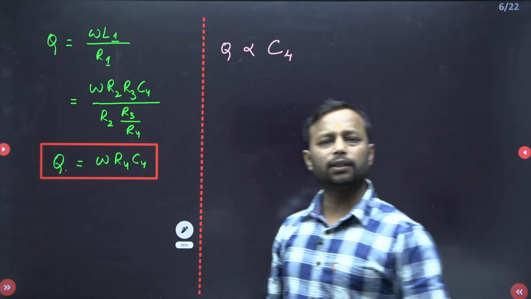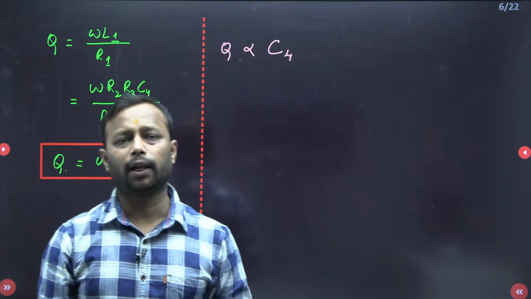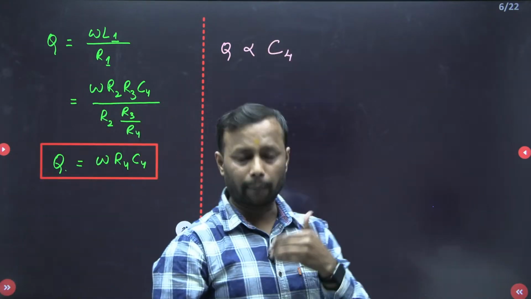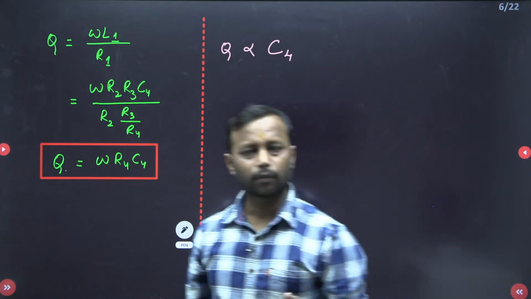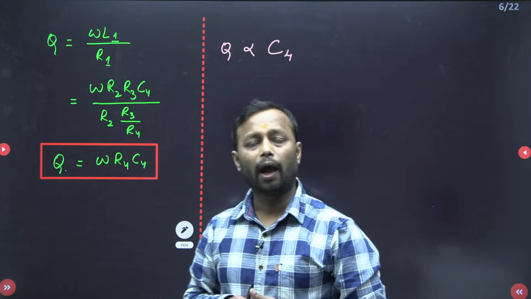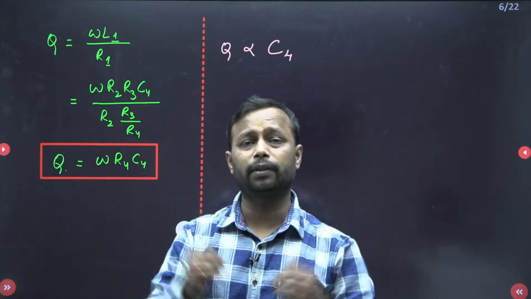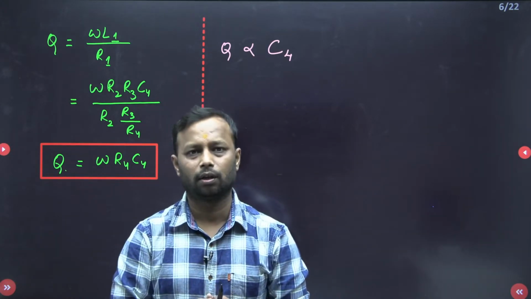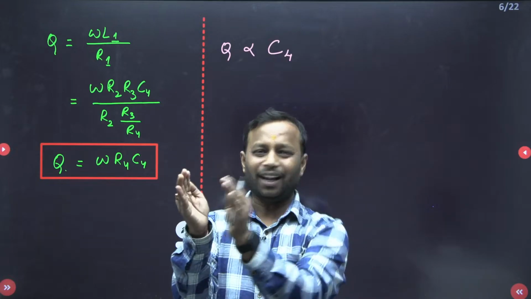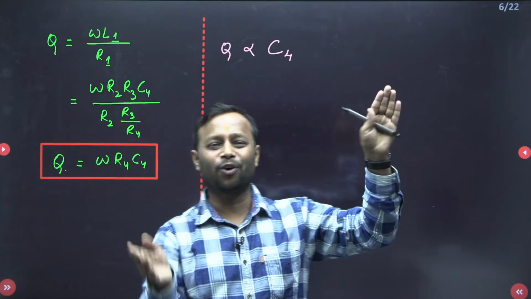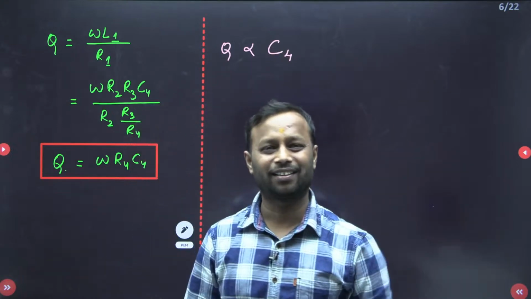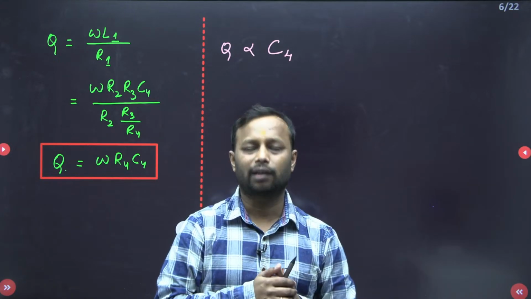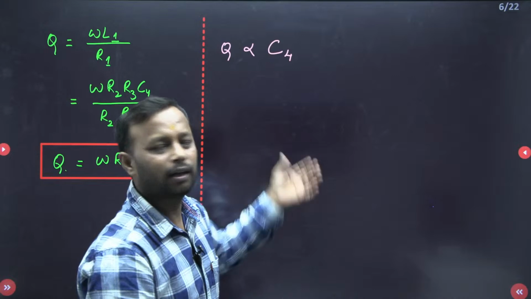Now, if you want to measure the high quality factor of a coil, then for that particular coil, the capacitor required will be very, very high, isn't it? Since this quality factor is proportional to C, such a large capacitor is not very easy to manufacture, because your bridge is chota and your capacitor is what? Bada, for measuring this quality factor. So since there is a constraint over the size of the capacitor, therefore this method is